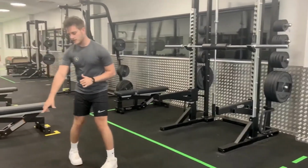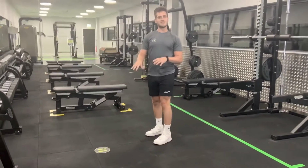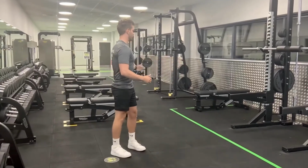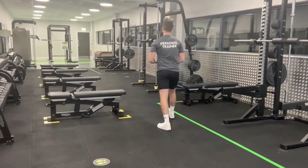In the middle here, you've got another small set of feet markings, and that's a standing zone, okay? So you can stand here, do any free weight exercises, and you're safely away from other users, okay? As you move through to the free weights,